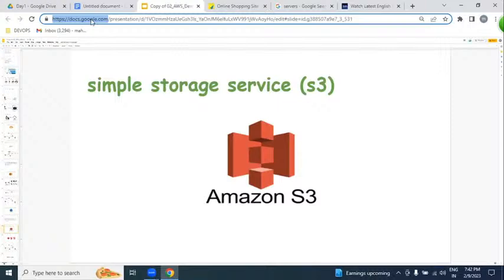What is the difference between storage and database? Yes, I'm coming to this point. What is the difference between database and storage? A database depends on the operating system. Without an operating system, we can't install MySQL. The data is in tabular format. We can insert, we can select; insert query, select query. This is the way.